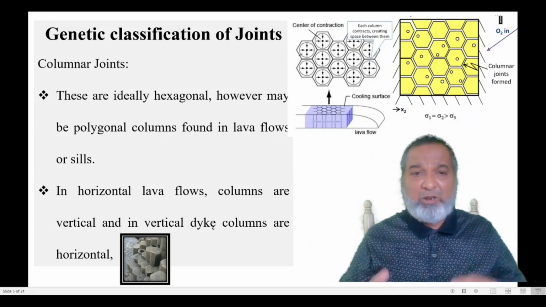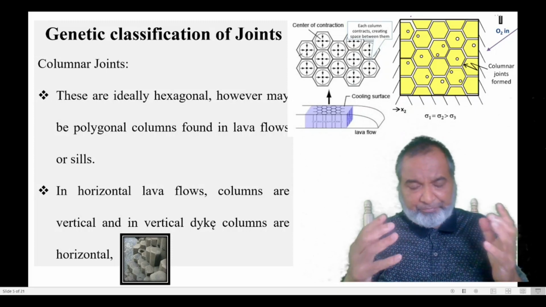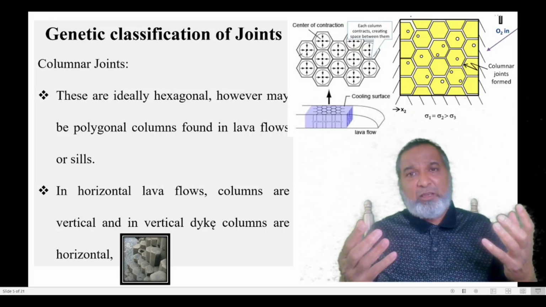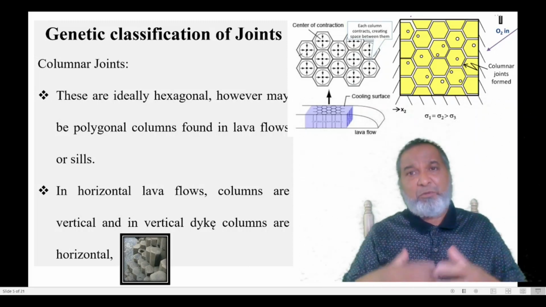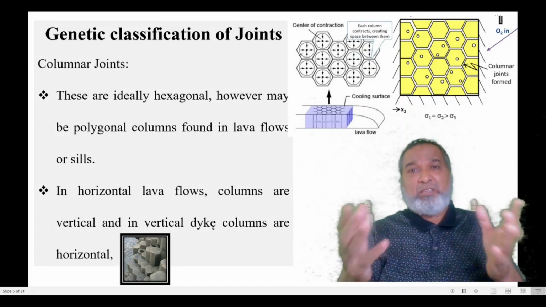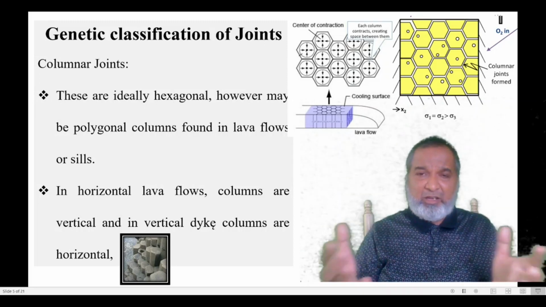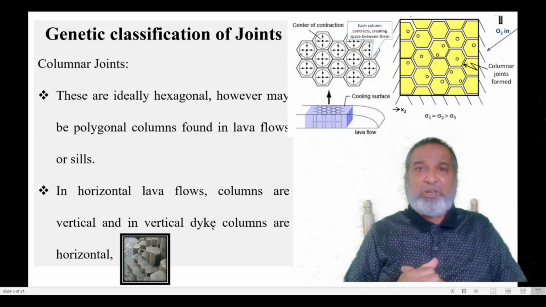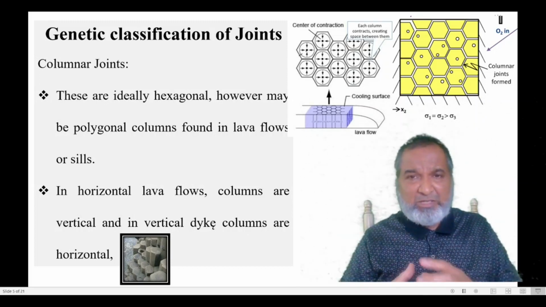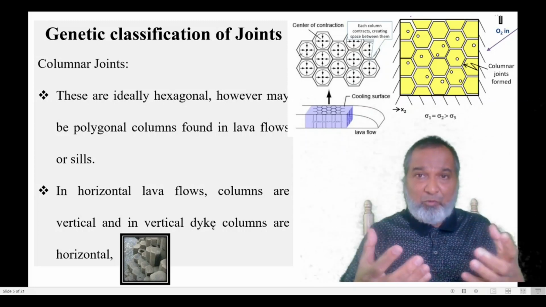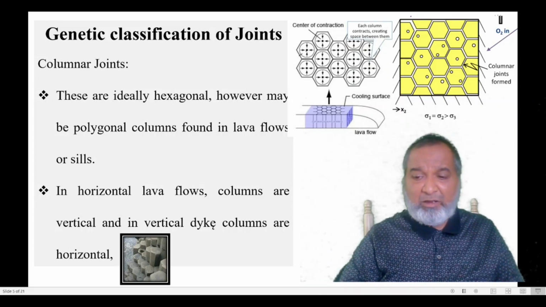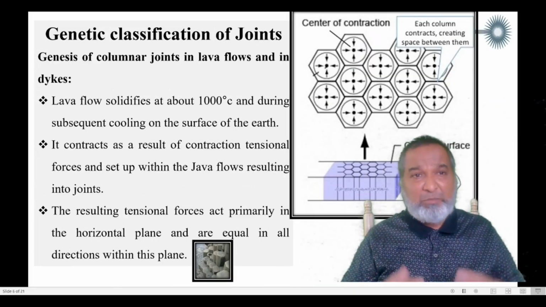Now the best example to see this, the columnar joints, is in India. In Maharashtra, in Kolhapur, we have Panhalgad. If you walk the steps along that area, you will find these columnar joints. If you go towards the Akkalkot area, Naldurg, there is a fort, and below the fort you are going to get this columnar basalt. It's the best example. Or if you want to go to Ireland, it is the best one, where the columnar basalt is exposed. You can go and see that point.